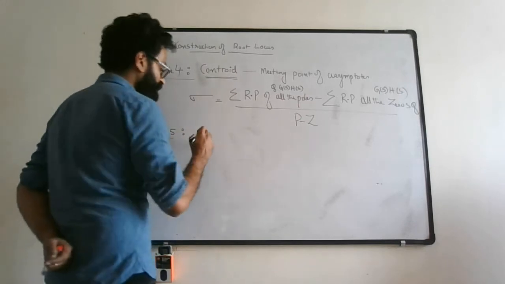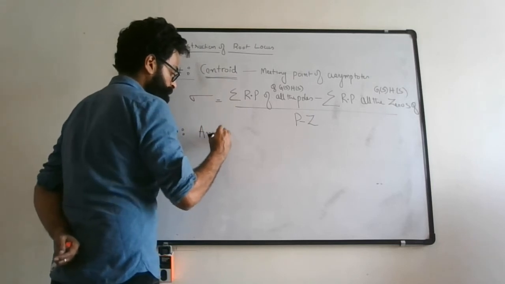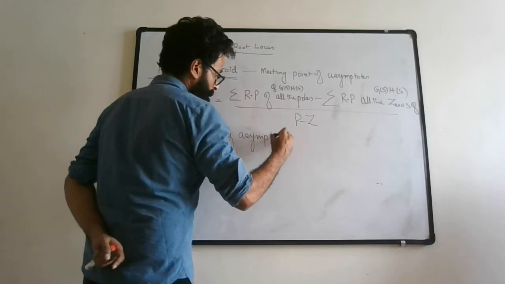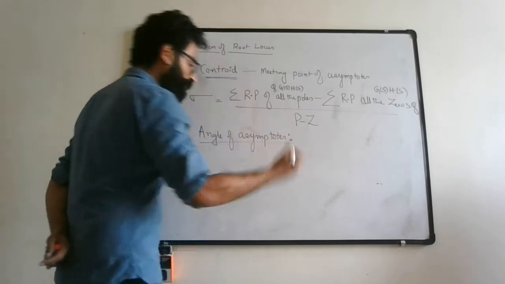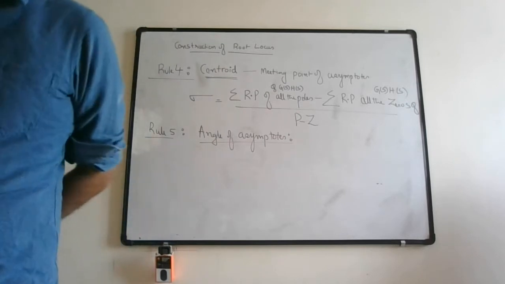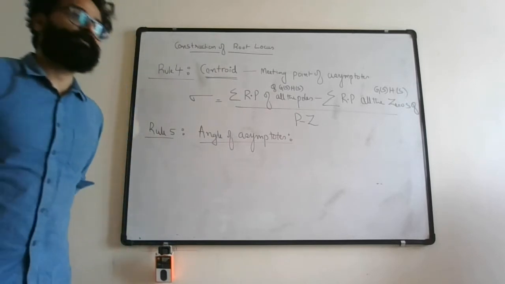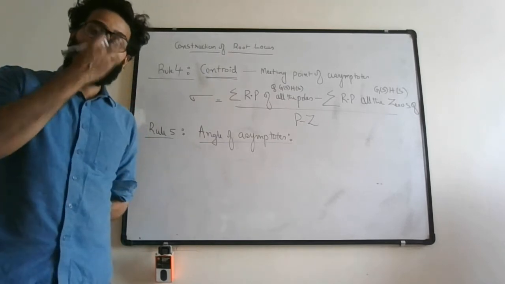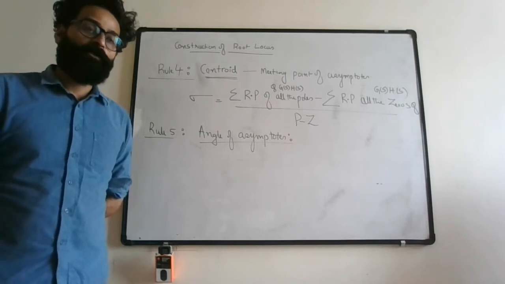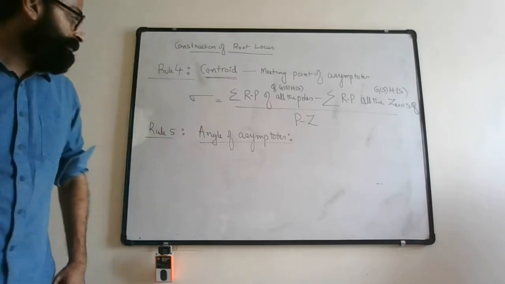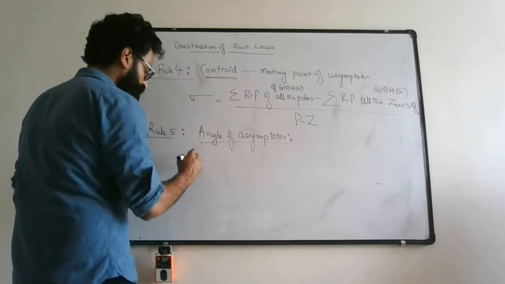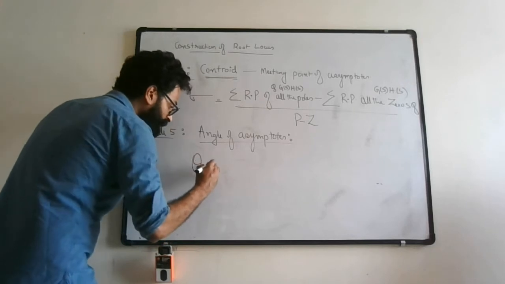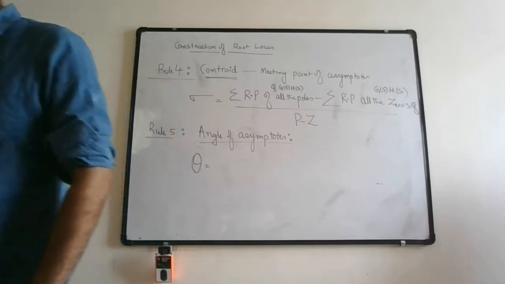Next, rule 5. Rule 5 is the angle of asymptotes. You know what asymptotes are, right? The guidelines for the branches of the root locus which are moving towards infinity. Now, with what angle are you supposed to draw those guidelines? The angle of asymptotes is given using the following formula. The angle of asymptotes is denoted by theta, and theta is given as